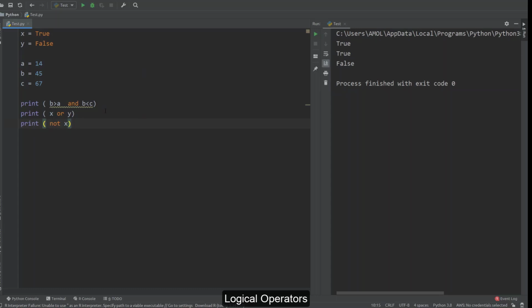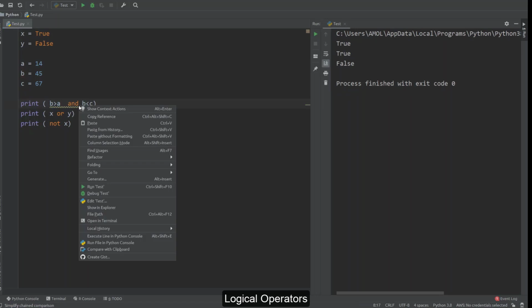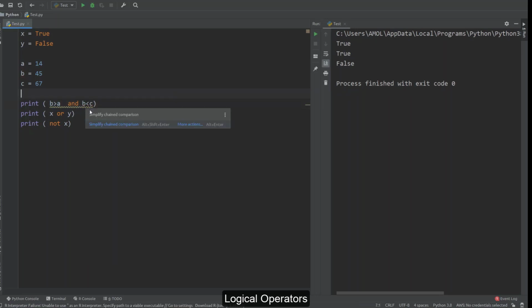Now in case of Python, even this chaining kind of statement, see, in both expressions there is a b. This b is over here also, b is over here also. This warning is suggesting that, if you keep the mouse over here, you can write this expression as a simplified chained comparison. If I click over here, you can see the same expression comes like this.